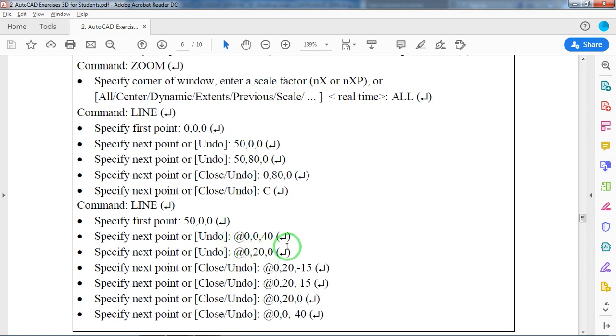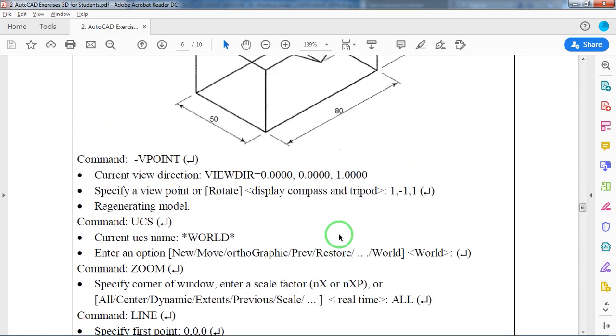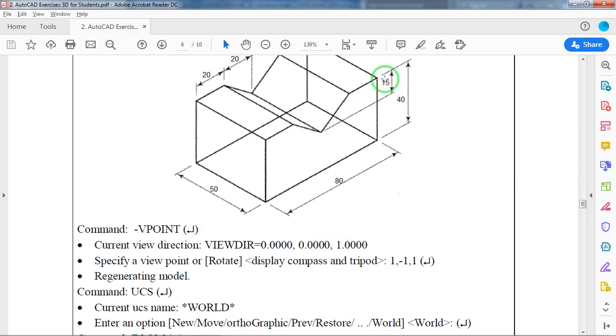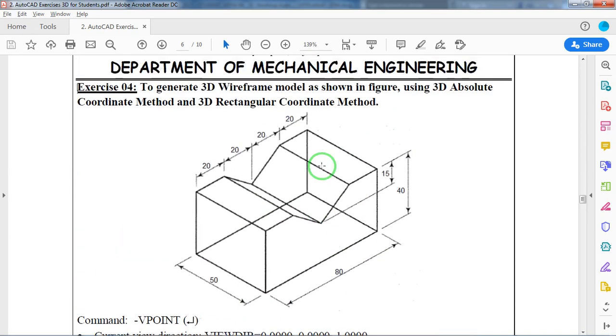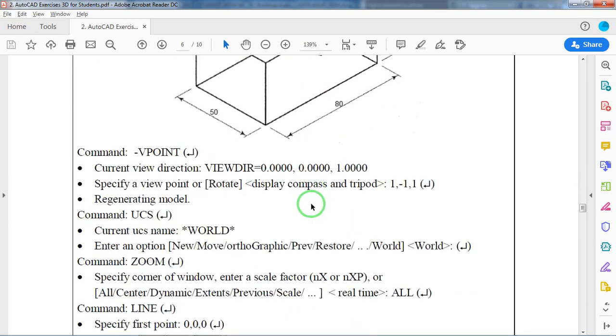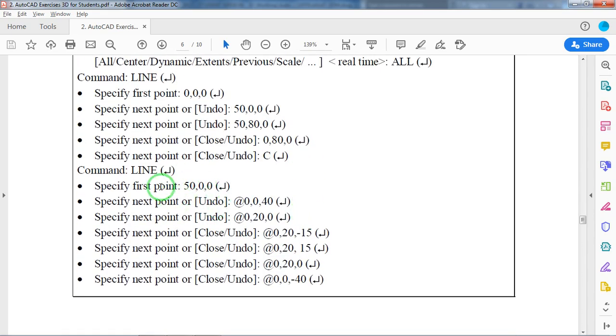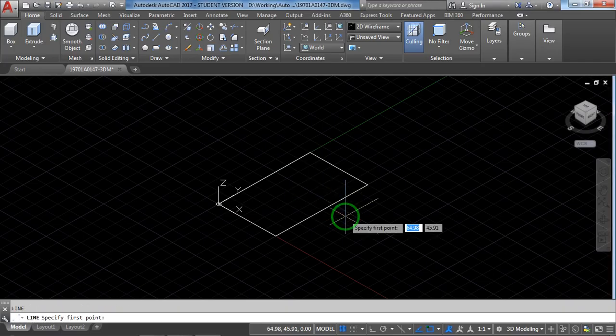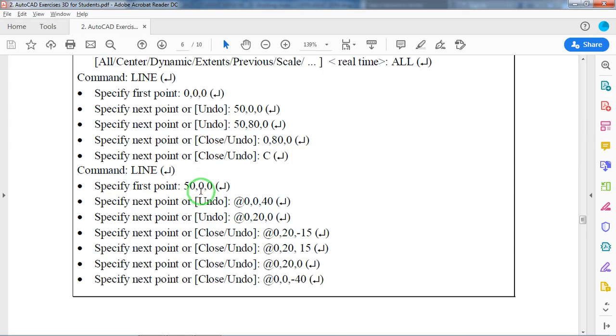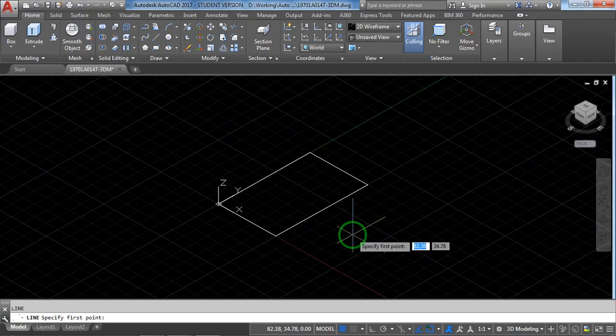Now next line. See this one. What we are supposed to do is, from here I am going to draw this one with the help of the relative coordinate method. Next, L, enter. First point 50 comma 0 comma 0, nothing but here. See where it starts, 50 comma 0 comma 0.